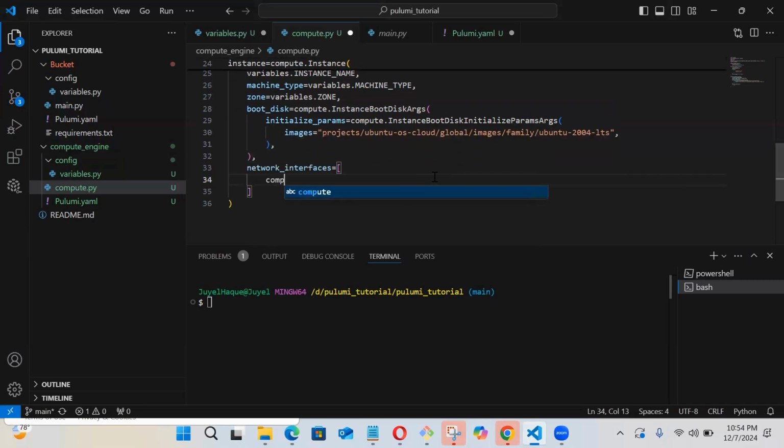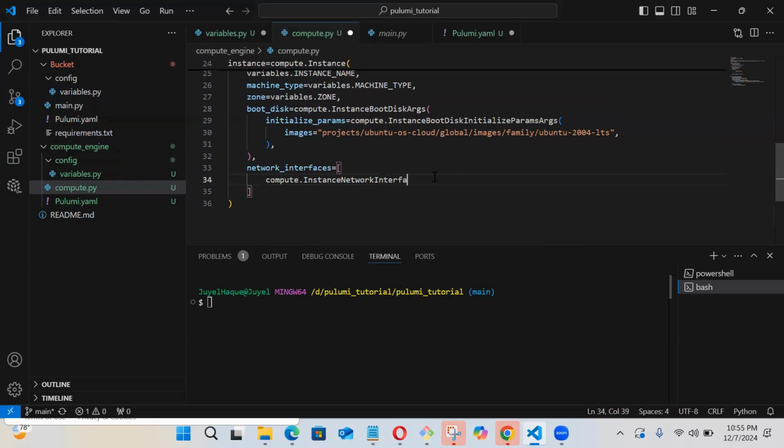So compute, again you have to write the compute and call the instance network instance. Which one you are going to connect over here? Like calling the network interface card, right? So you have to write it in such a way like instance